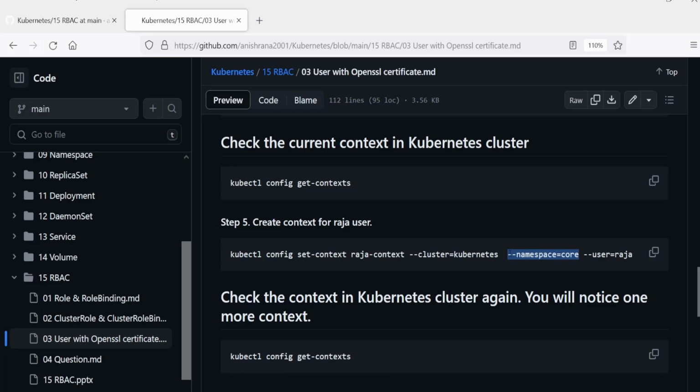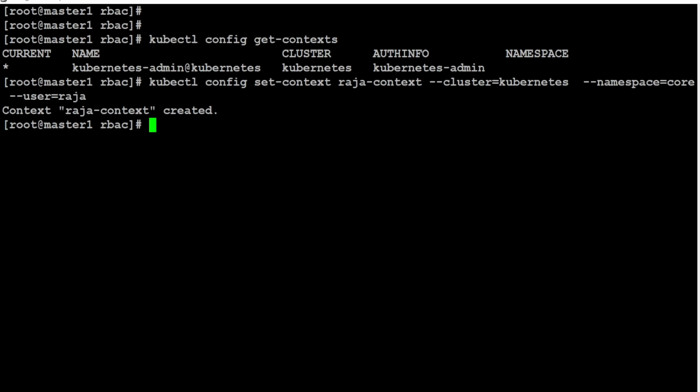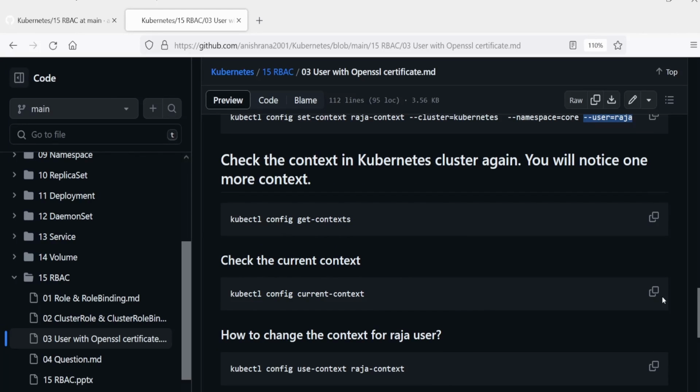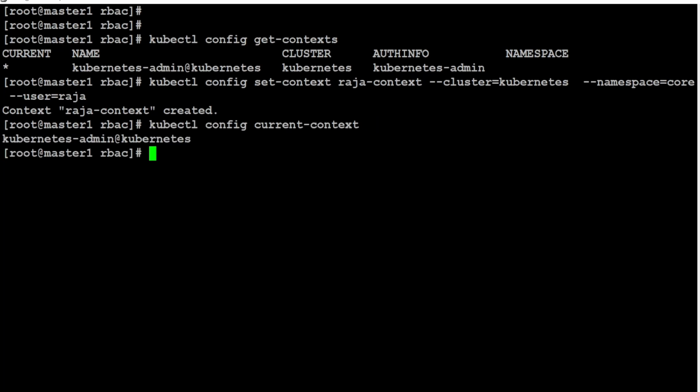Let's suppose I want to create a user that will work only in one namespace, then I will mention here namespace equal to core and --user=raja. Remember, in the certificate subject flag we have mentioned Raja as a user, right? So I just copy this command here and execute it. From the output you observe raja-context created. Check the current context again. I'm using the kubernetes-admin context.